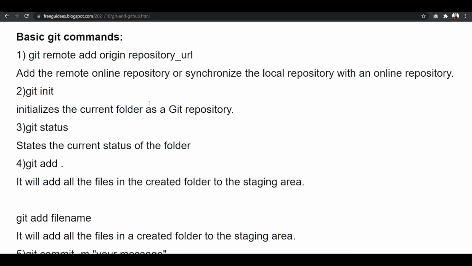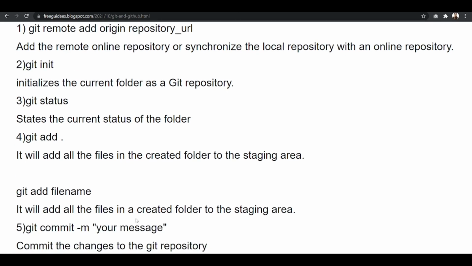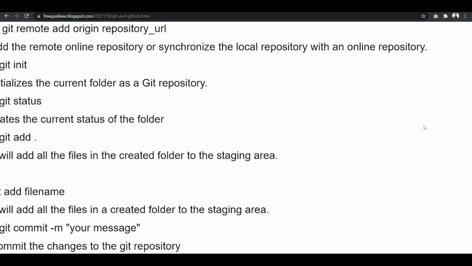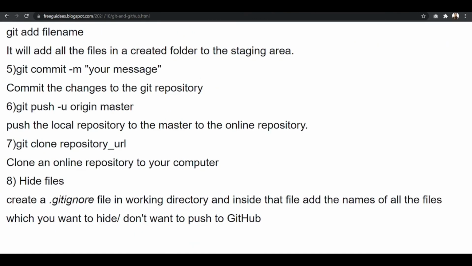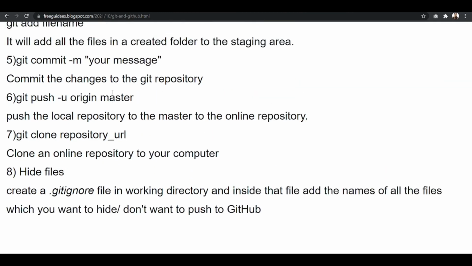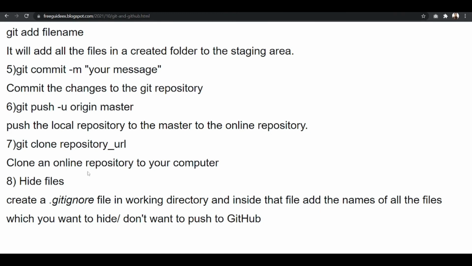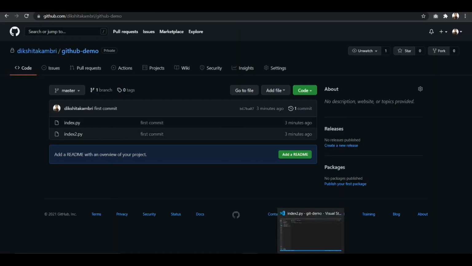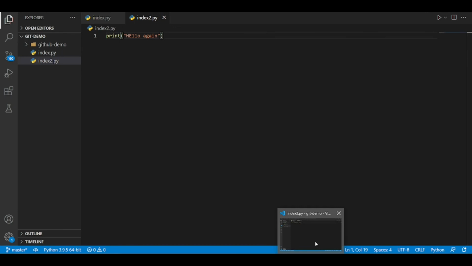Now that we have seen all these commands, that is git remote add origin, git init, git status, git add dot, then we committed all those changes, we pushed all those changes, and we also cloned a repository. Now the last thing which we are going to see is hiding files. So let's add one more file into the folder.